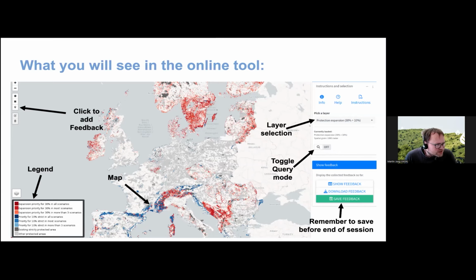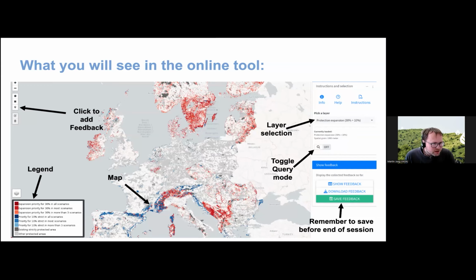In the UI elements here, you will see various quite important fields. On the right side, there is a field called layer selection. Here, you will see all the layers I just mentioned, and you can iterate through all of them. Basically, select the ones where you think your feedback will be most valuable. We would welcome feedback on all of them, of course. This is up to you. And in the breakout group discussion, we will also try to go through all of them, just to show you the different patterns.